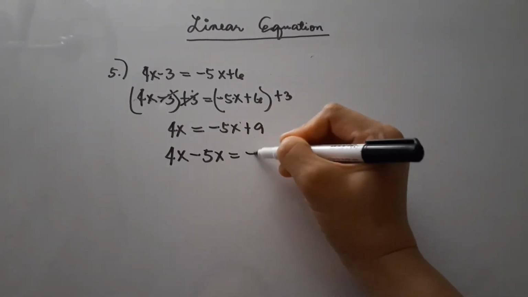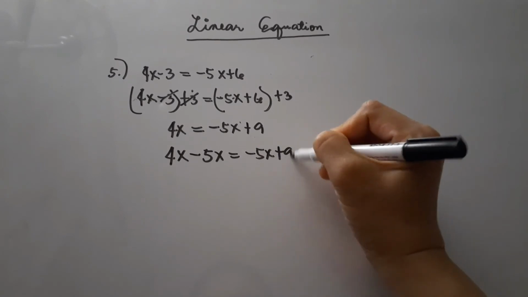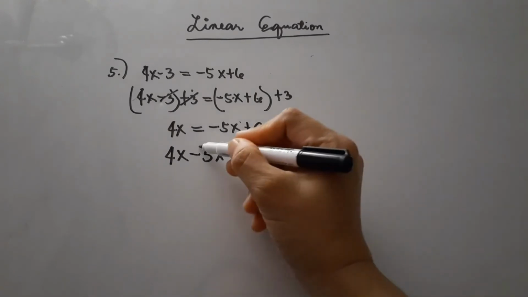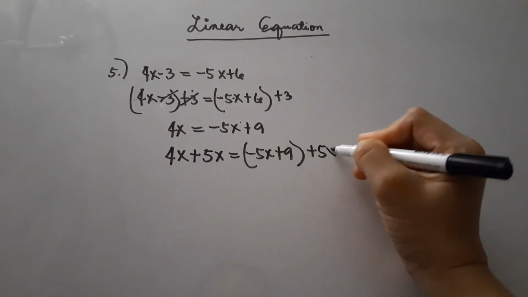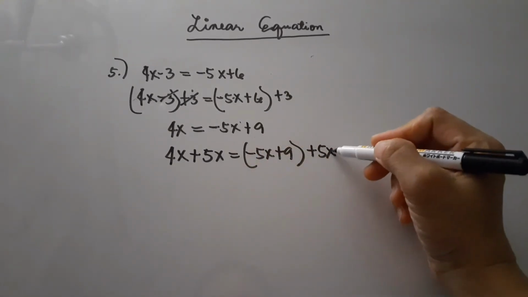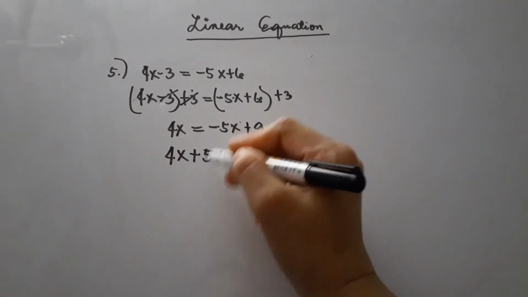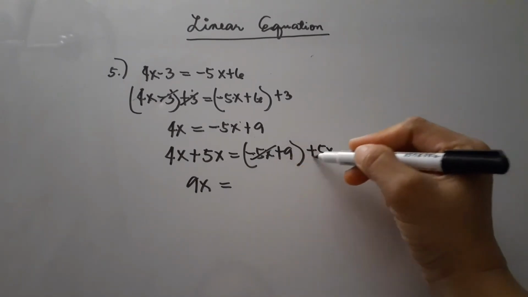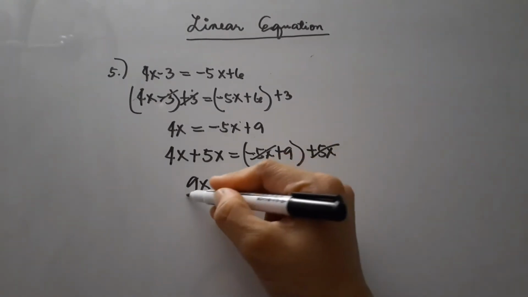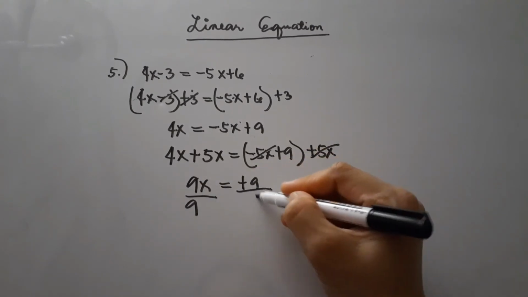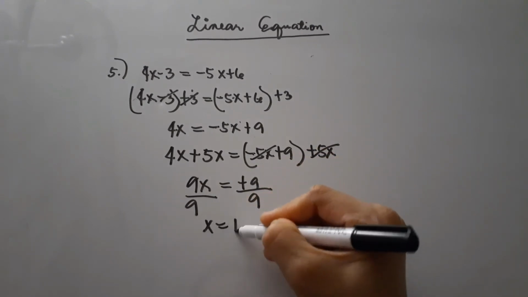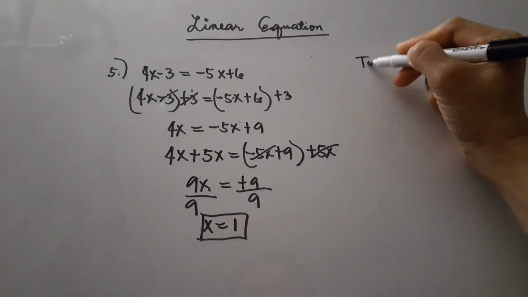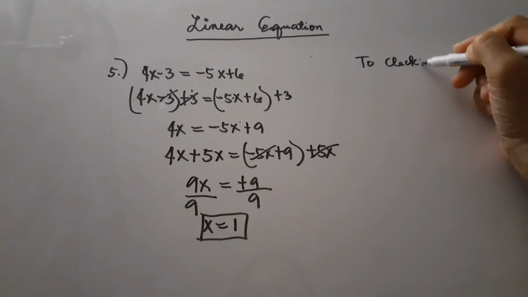Oh, now we have to isolate again. So we have to add both sides by positive 5x. In short, we have transposed negative 5x into the other side. It is positive 5x. So 9x over 9 is equal to 1. Therefore, x is equal to 1. And then to check, we have to